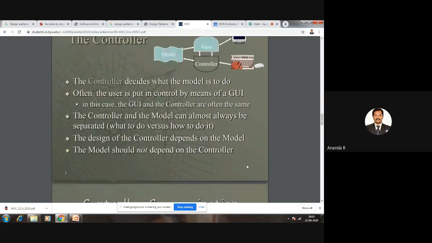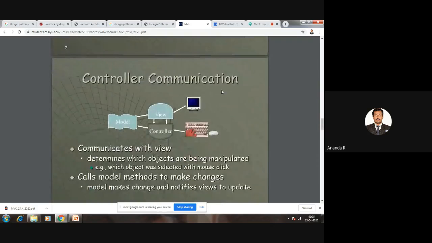Next, the controller communication, which explains how the controller communicates with the view. Always we are saying there is no dependency: the controller is a separate component, the model is a separate component, the view is a separate component.